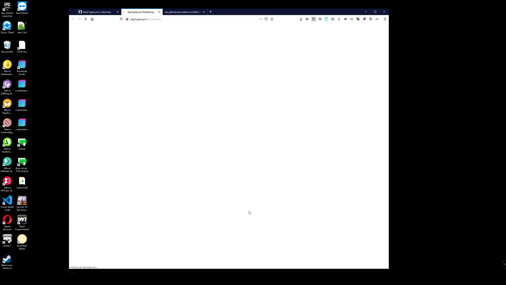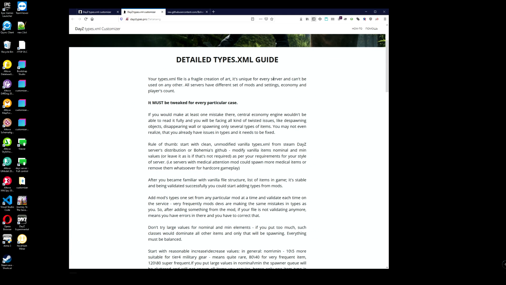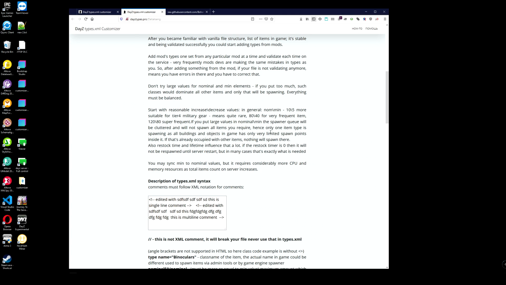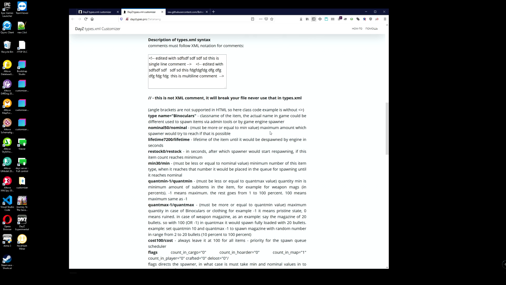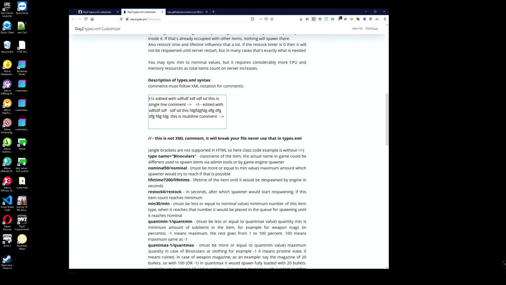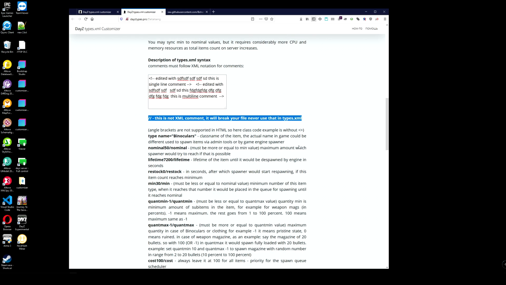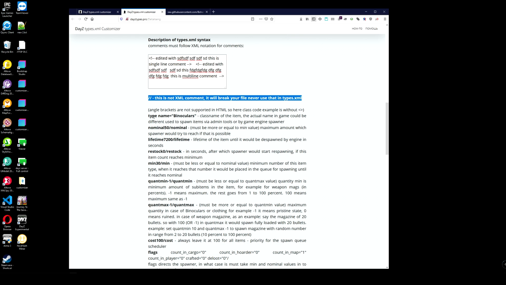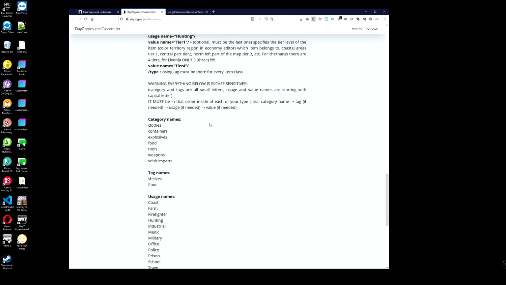Definitely go to the detailed guide, and inside the detailed guide you will find all the details regarding XML. Here is an example again about the commands, how it works. This is not an XML command, it will not work. All the types and all the elements from the type, and all the descriptions are here,